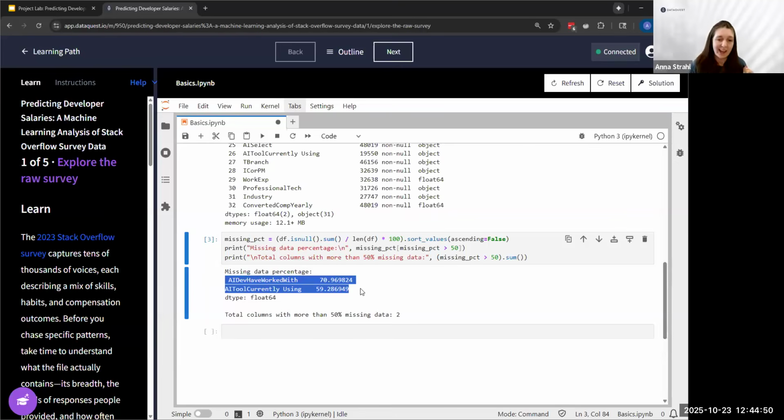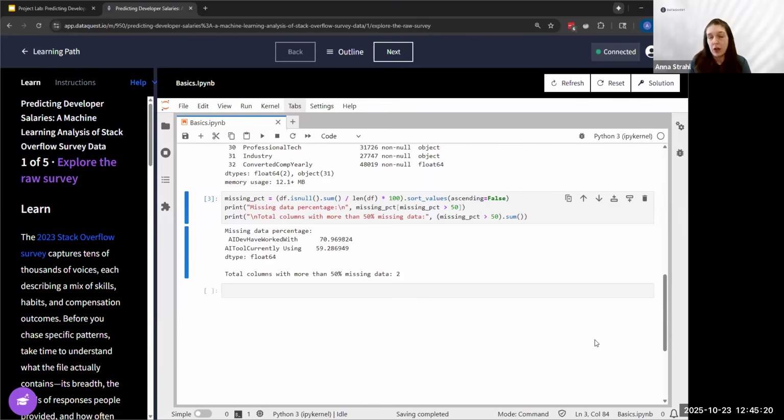That's a lot of data missing, and machine learning missing values don't work. So these are going to be rows or columns that we drop. You could consider some kind of imputation method, but imputation on something missing more than 50% of data is not a great idea. So these are going to be dropped.